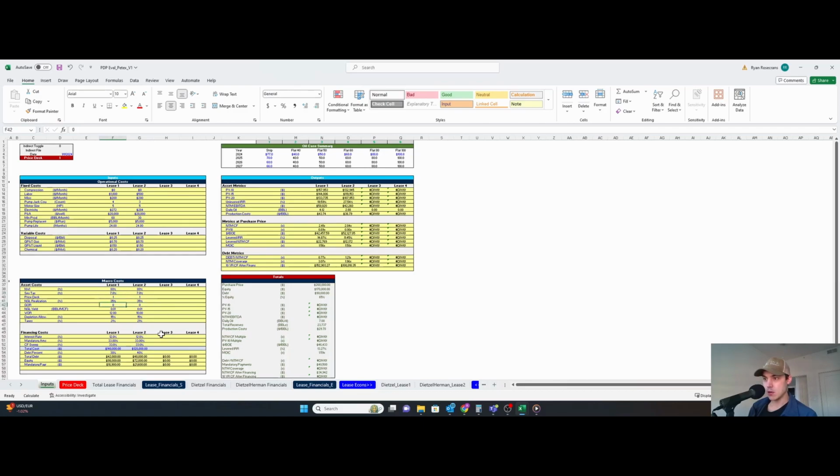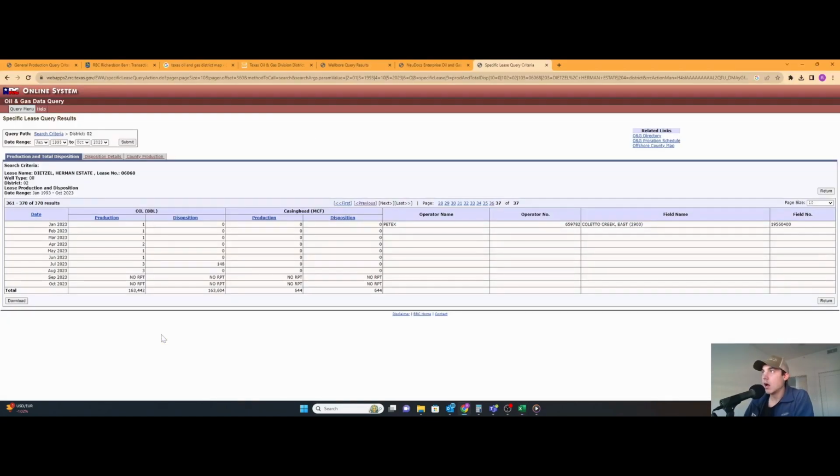Gas oil ratio 0. NGL yield is just a number that I assume, but we're not going to have NGL since we don't have gas. And then water oil ratio. So this is a super important thing to figure out, and really kind of influences the end cost. So I'll show you what I typically do for this. So if we go back to the Railroad Commission query menu,